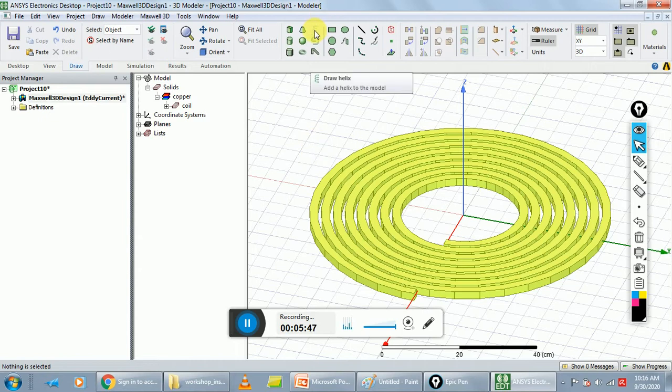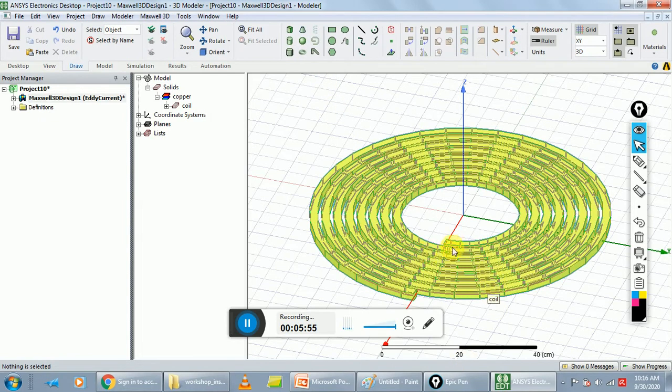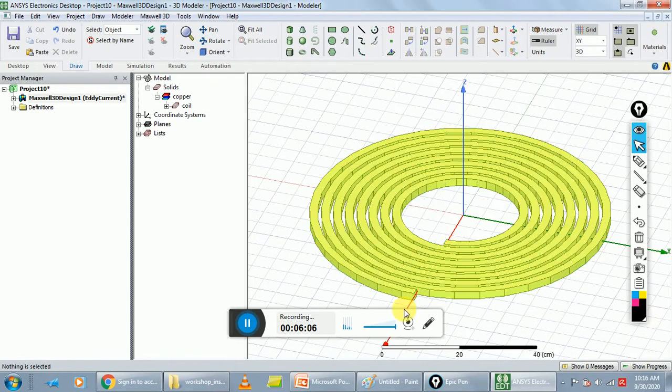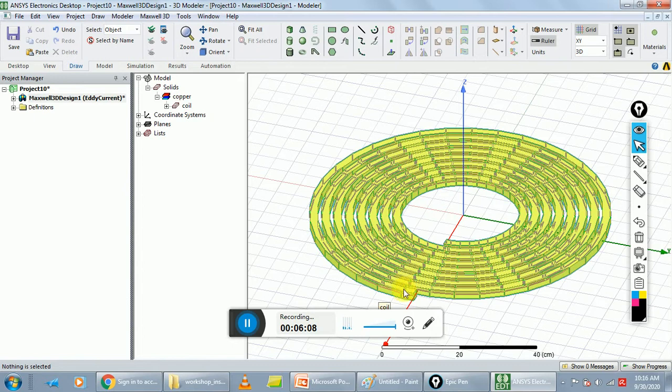After the completion of this step, the next step is draw box. Basically the ends of the coil, this is a starting end and this is the finish end, both ends are connected with a conductor material. If we don't connect both ends, it behaves like an open circuit, so here we short both.